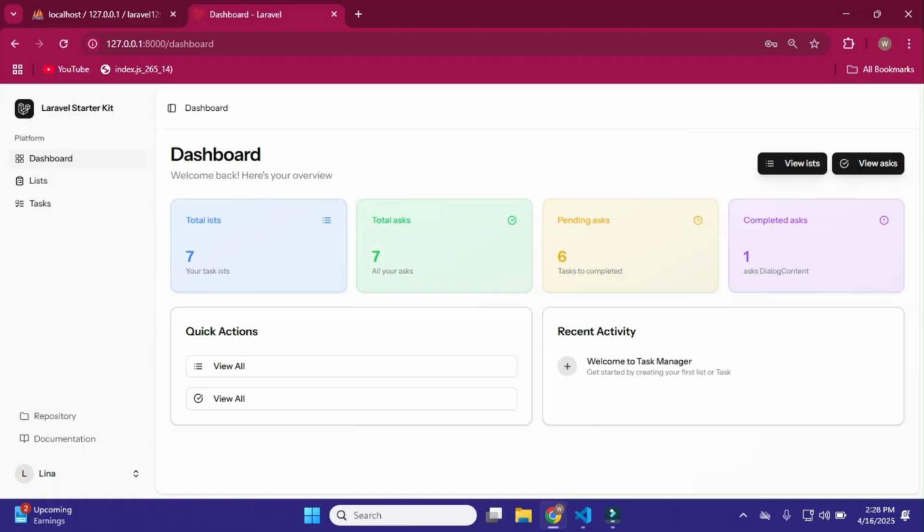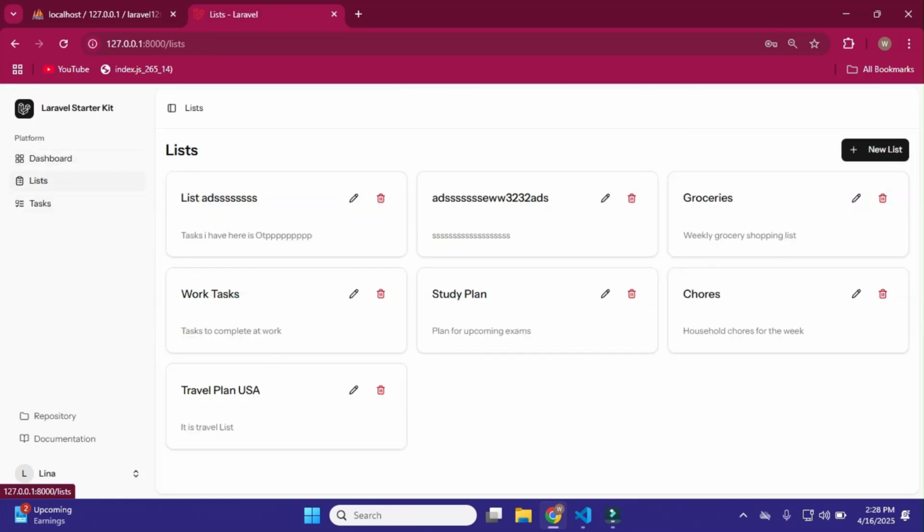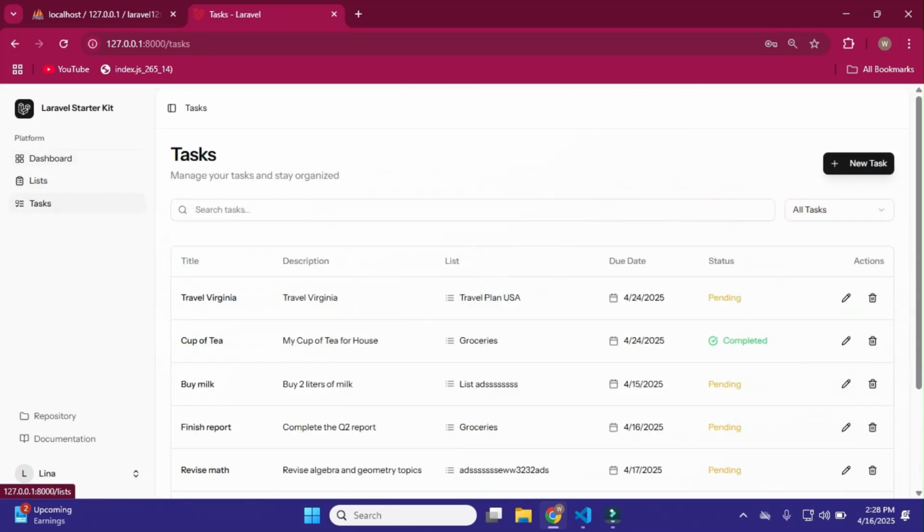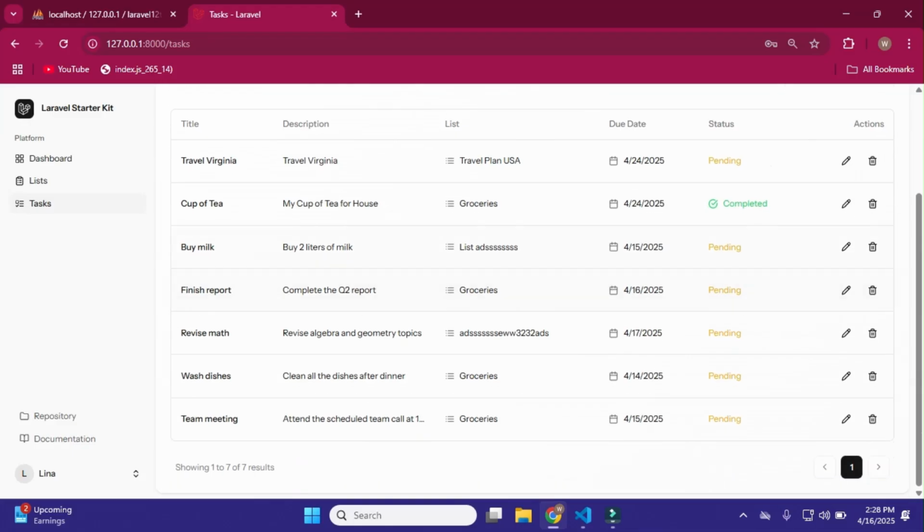In today's video, I'll show you how we can create a task management system in Laravel 12 and React Starter Kit. So here is my dashboard page. Every user has his own list, and within the list his own tasks, pending tasks and completed tasks. That's the dashboard, and when I simply click on view list, it brings me to the list page, and when I click on view task, it brings me to the task page,